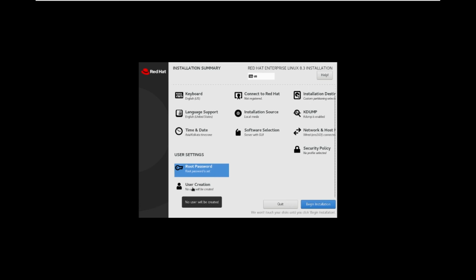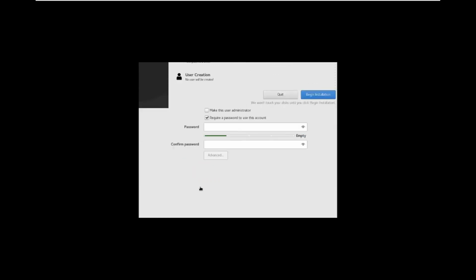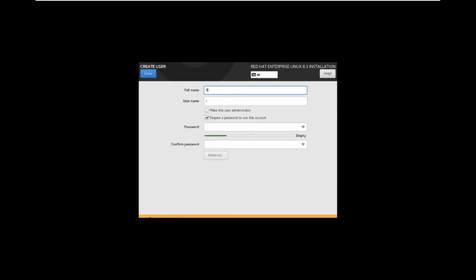Then create a new normal user. This is the administrator account, so now I want to create another user with the user creation option. Okay, myself Razu. The user logs in with Razu, then password something, done.